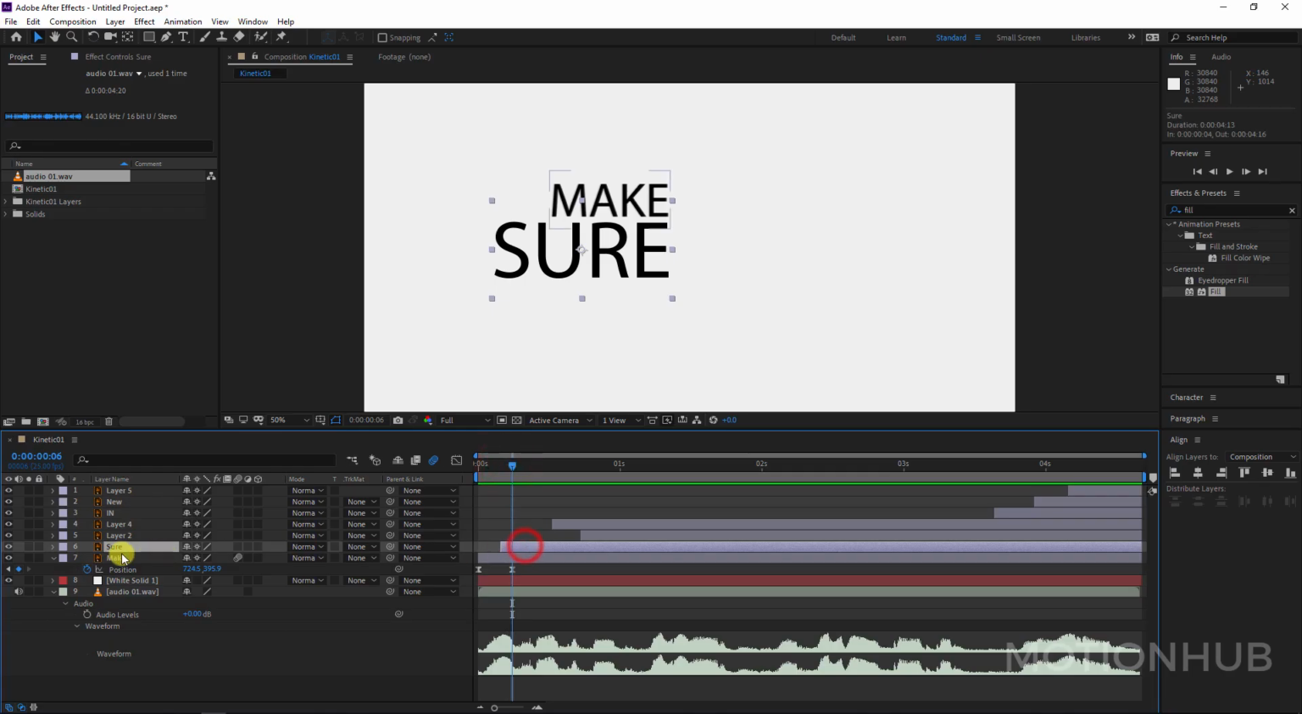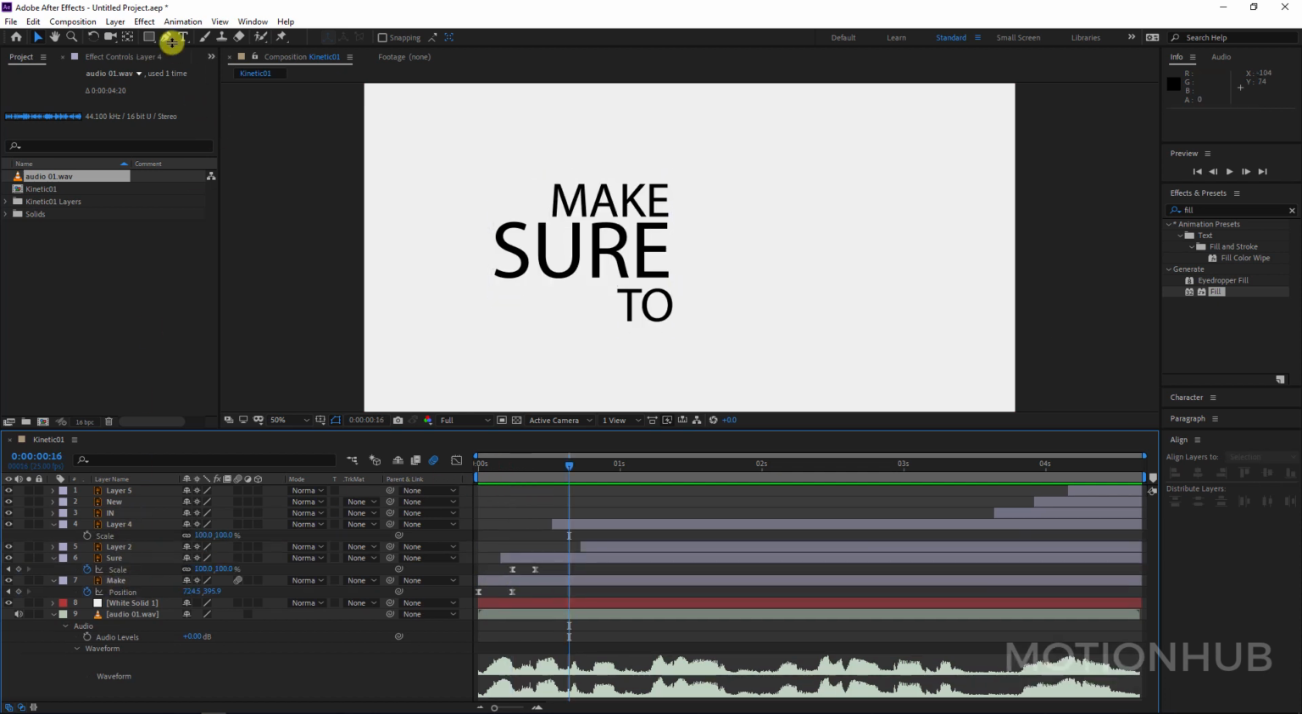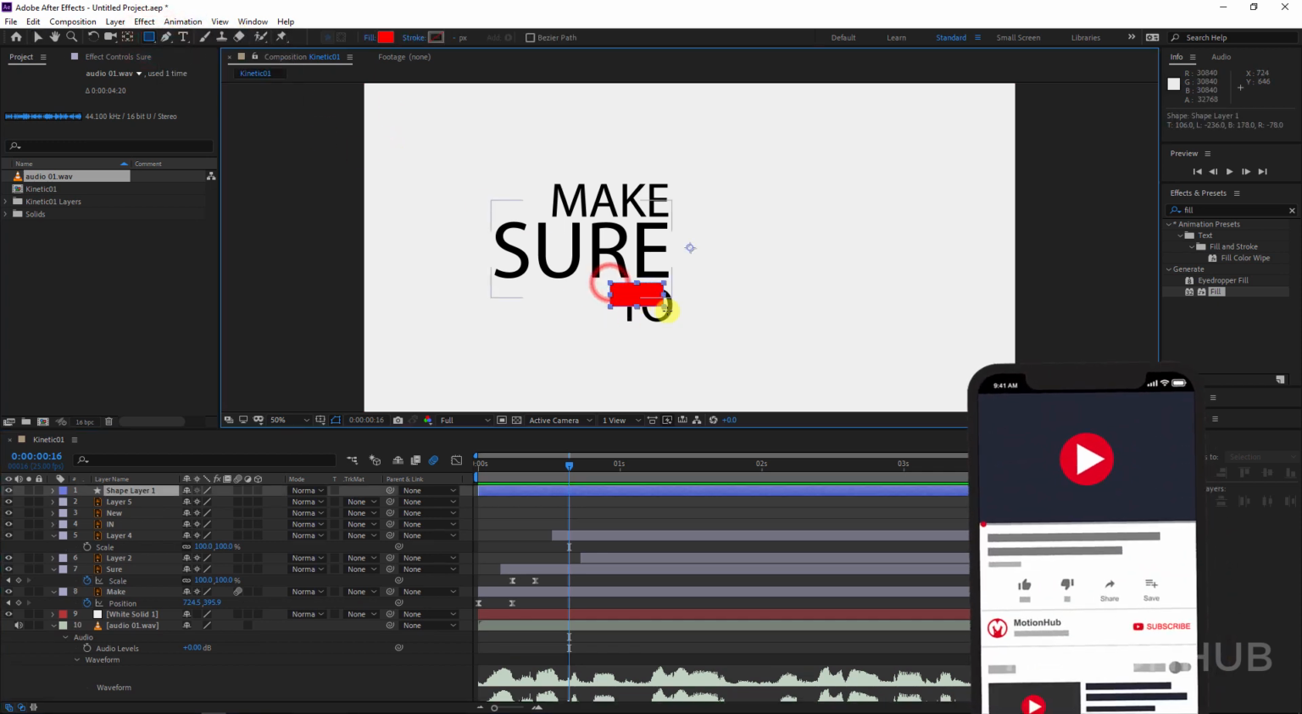Start from here, hit S on the keyboard, set a keyframe, and I will move it here, and then I will set a keyframe with 0. Hit F9, easy ease. Unselect all the layers and with the rectangle tool I will draw a rectangle,